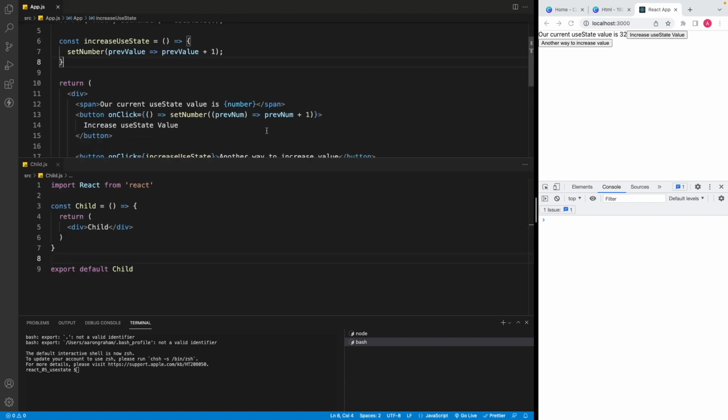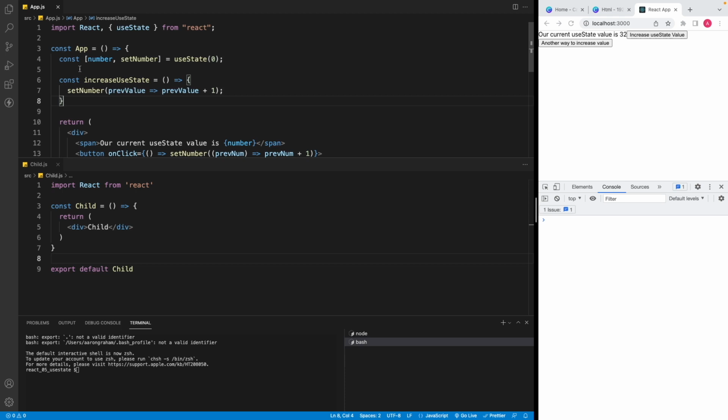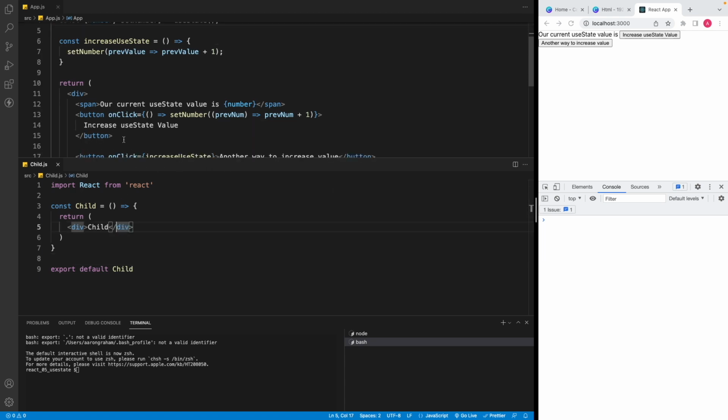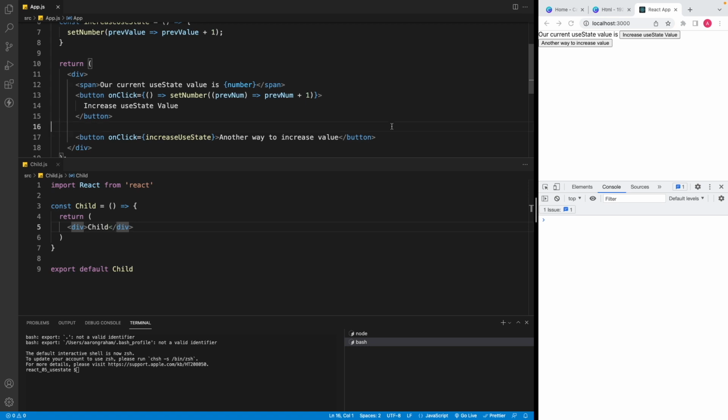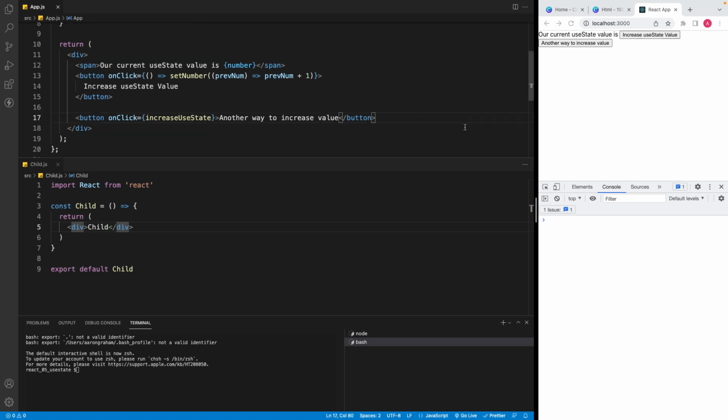All right. So for the most part, you kind of have a good idea as to how to actually use useState. You can have an actual zero value. You can have an empty array of arrays or an array of objects. It really depends on how you want to actually work with your data. So we have this child here, and let's actually place the child. Let's place it below the button. So we'll say child,